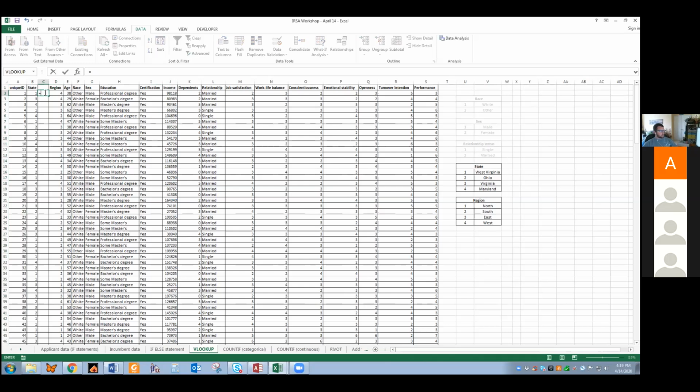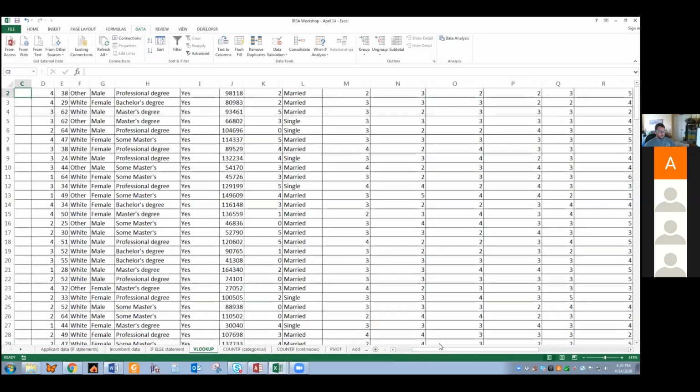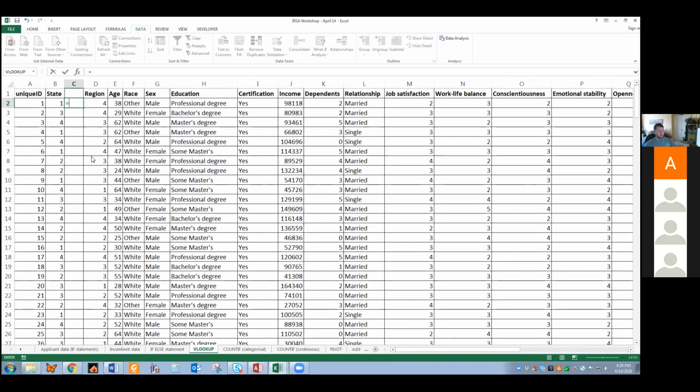To do that, I'm trying to see what my screen is. I can't see what you see, but I'll zoom in a little bit. Okay. So I want to tell Excel every time there's a number 1, give me West Virginia. Every time there's a number 2, give me Ohio. Every time there's a number 3, give me Virginia, and every time there's a number 4, give me Maryland. So the command is equals VLOOKUP,